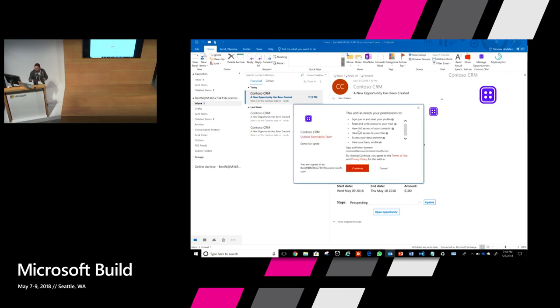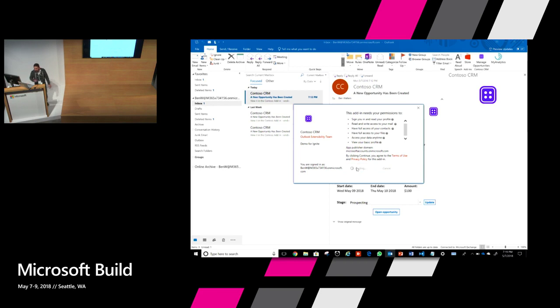So this is the first-time consent screen that is shown to the user. And as you saw, the scopes that I had mentioned in the manifest are shown to the user: are you okay granting these permissions to the add-in? And then keep in mind, this is actually a one-time operation. This is going to happen only the first time when a user is logging in using SSO.